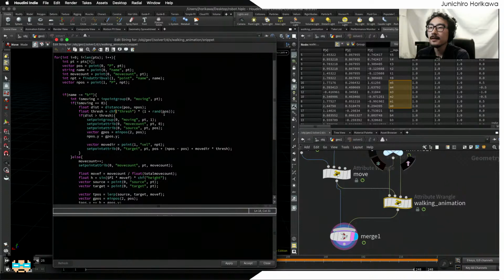Then I'm calculating the threshold right here, and as a result, I should be able to get more than 0.3 values right here. And if the distance is larger than the threshold, then